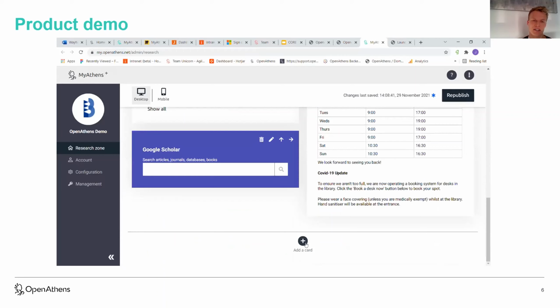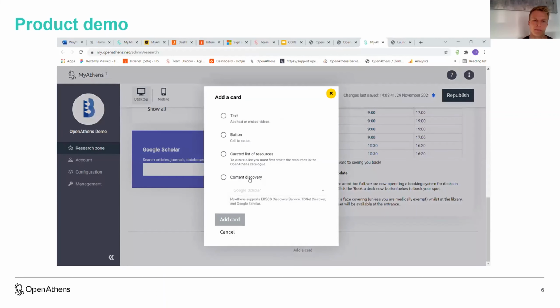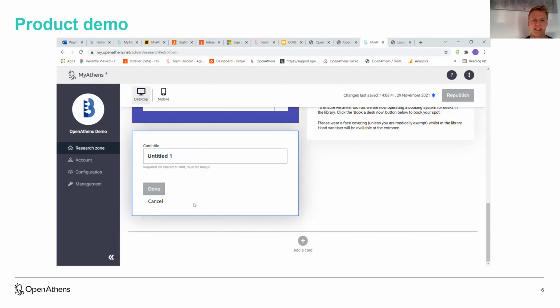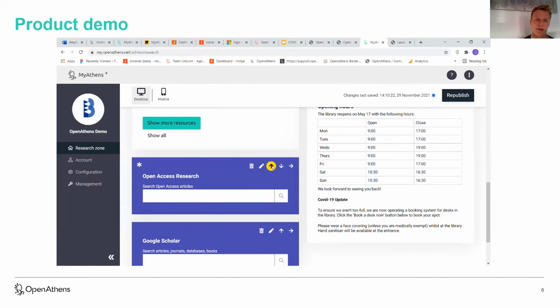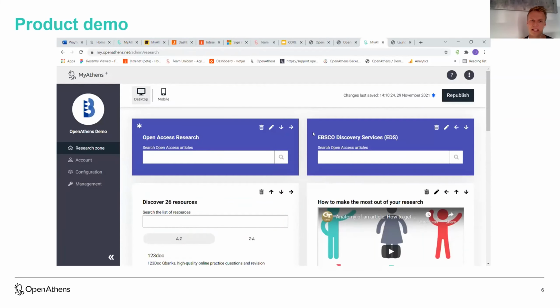You scroll down to the add card option, you click content discovery, select Core from the drop down list, add card, and then you can label that card whatever you'd like. So you can label that Core. We know some users may know what Core is, some may not. So you can label it something that can nudge users towards what they can expect to find if they use that service. And then you can place that on the screen wherever you like.